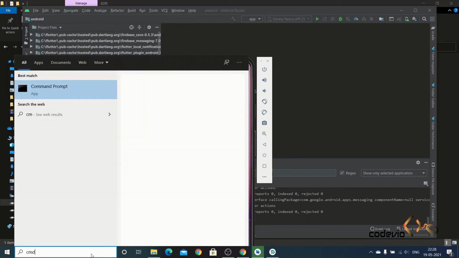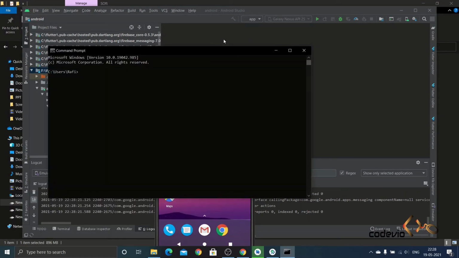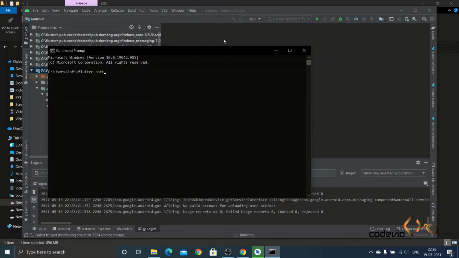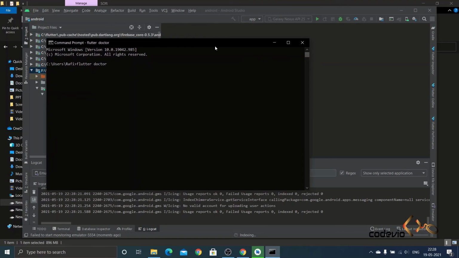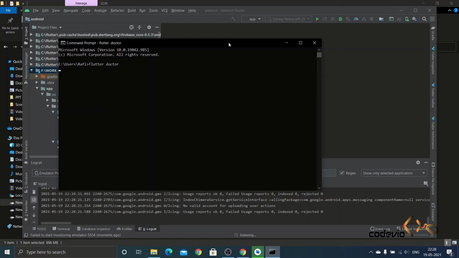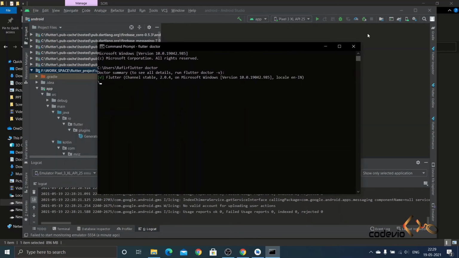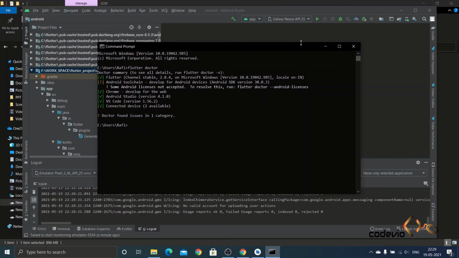So we have completed the Android Studio setup and also Flutter. Now we can check whether Flutter Doctor shows some issues or whether everything is right. So I type flutter doctor. Please wait for the command to finish. So you can see that Android Studio has been detected by Flutter, and also there is a small warning, but it's not a problem. We can use Flutter without any problem. It's just a warning, don't worry.